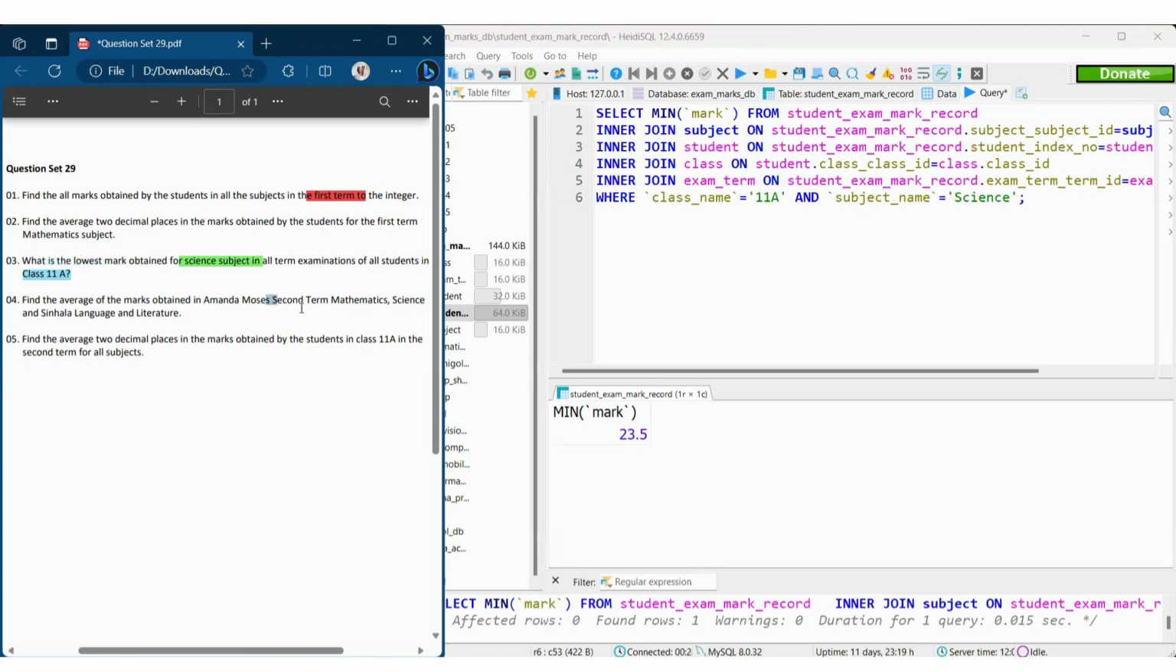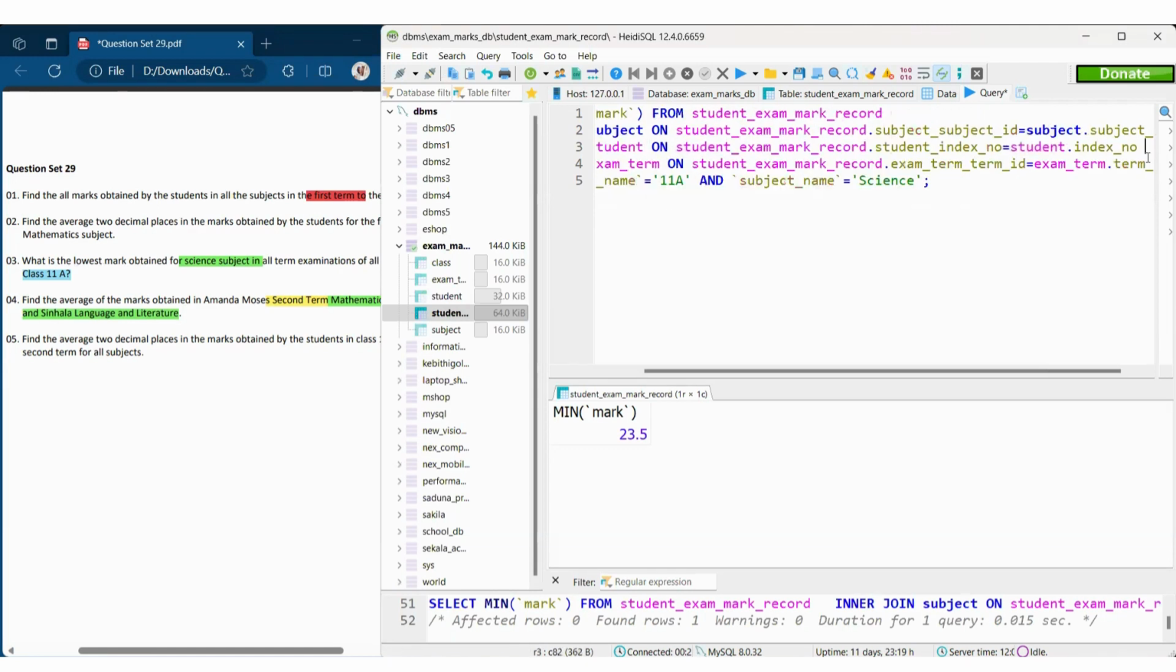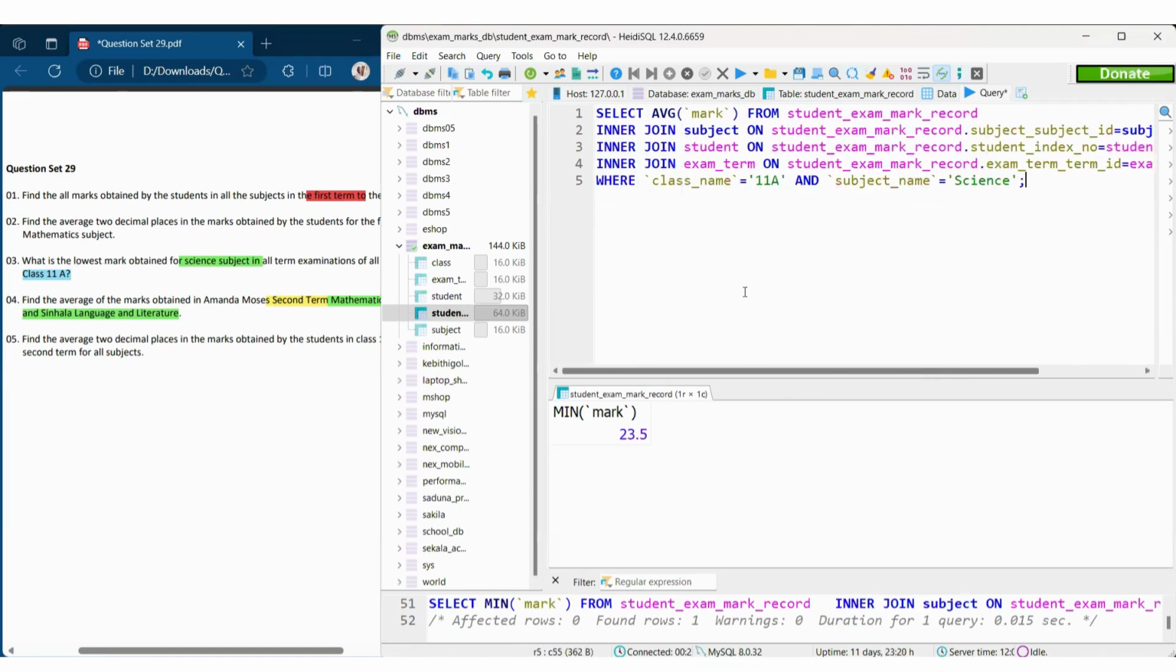Second term, that is mathematics, science, and language. That is another one, and the average marks. So we need the AVG. And we do not need the class right now, so let me take off the class. And what else do we need? So the first name was